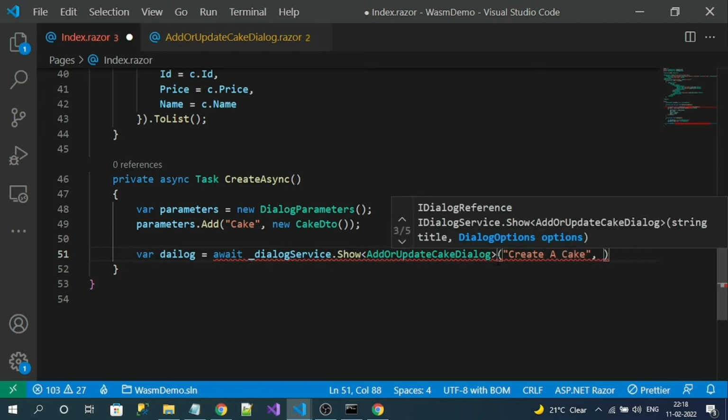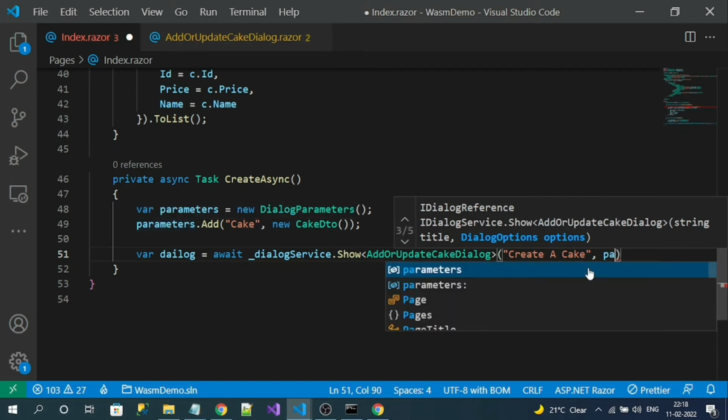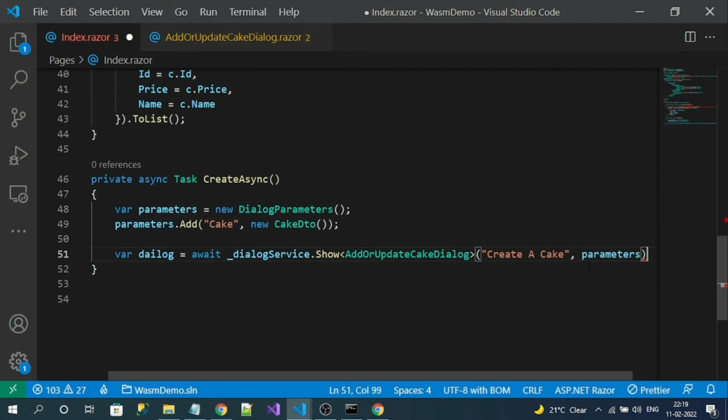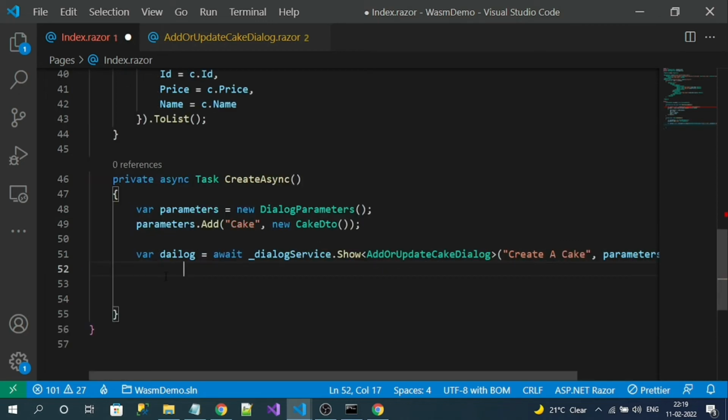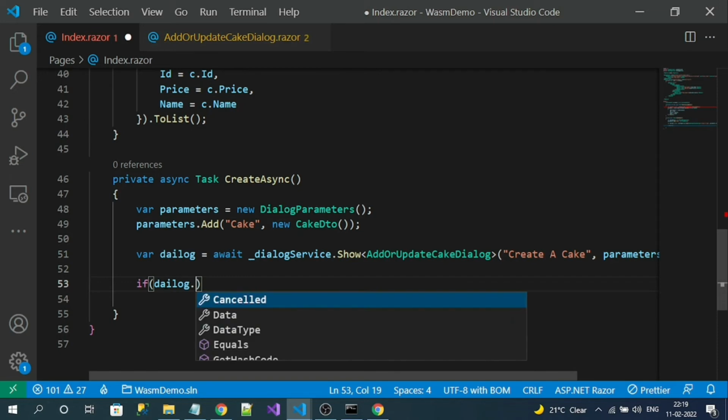And the next parameter will be the parameters we have explicitly added. So the parameters dot result. Okay. So this line is going to invoke the pop-up. Once the pop-up is closed by clicking the cancel button or OK, only after that will the remaining lines be executed. So here we can write logic like dialog dot data